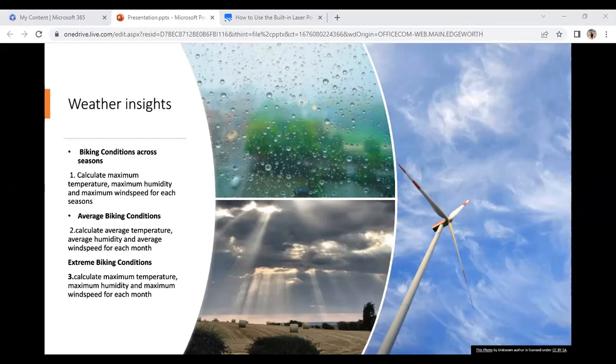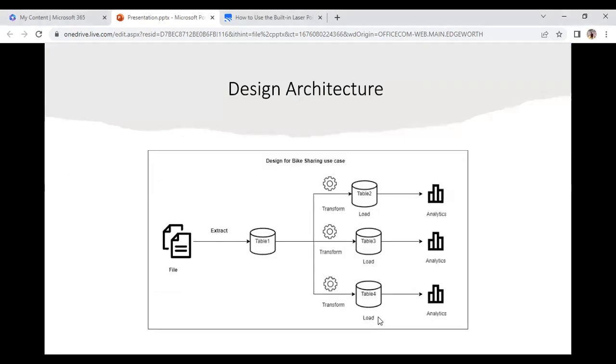For an example, I'm just going back. We are building an architecture like this, and I created this diagram for your understanding. We are getting all the sensor data in a file. As part of the first step, we are extracting the data and putting it into an entity called a table.